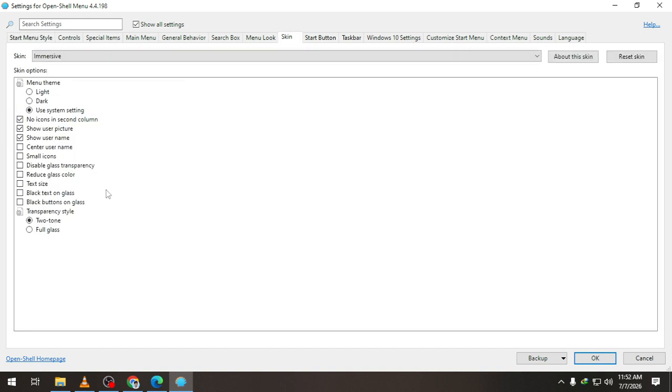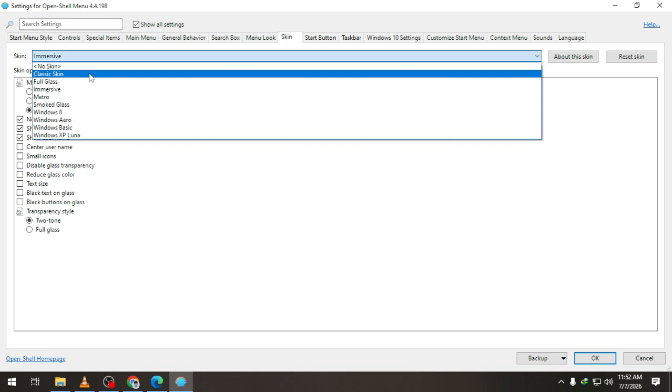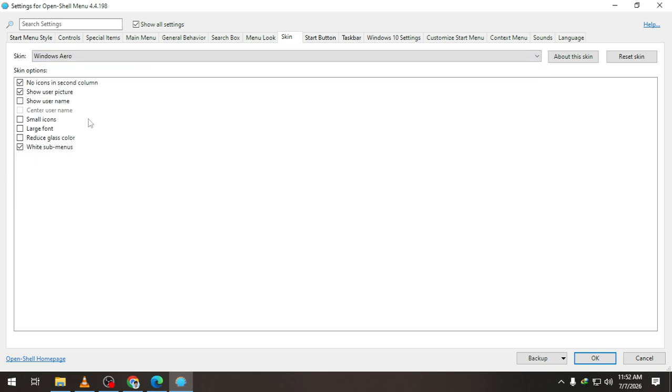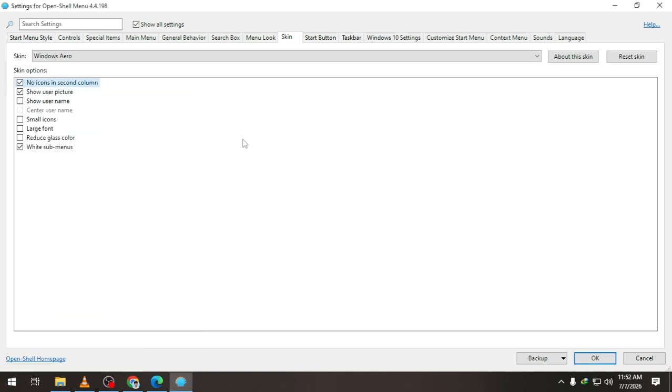Now you'll see the Skin tab. Click the Skin drop-down menu to view the built-in choices. Depending on your version, you may see options like Windows Aero, Metallic, or Windows 8. Choose a skin you like, then look at the preview area below. You can switch between skins as many times as you want, so take a moment to compare the colors, buttons,